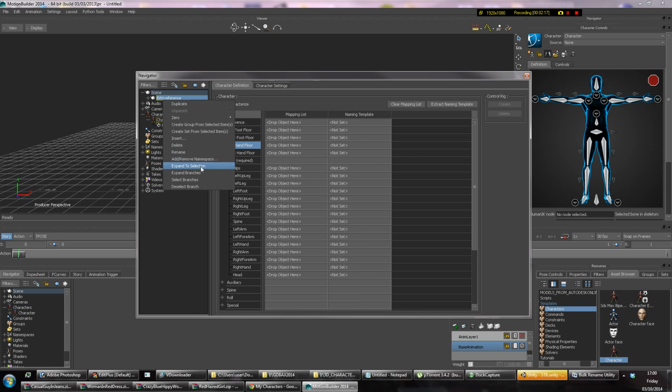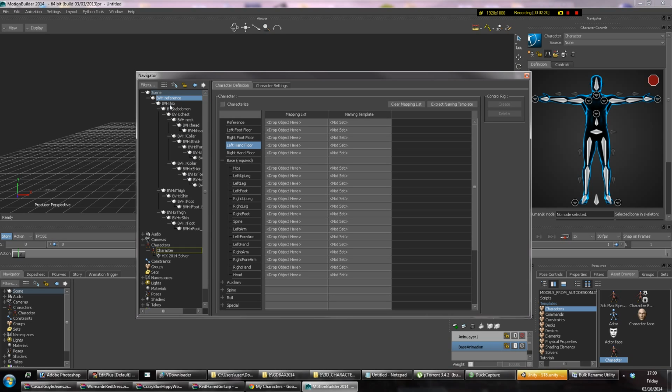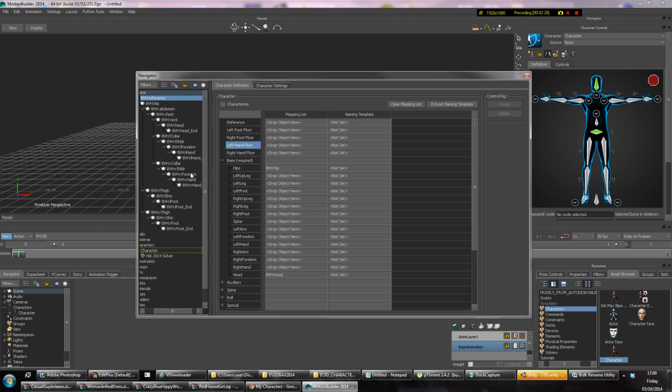So expand this and drag the relevant ones in. Hip, head, abdomen, left thigh, left shin, left foot, right thigh, right shin, right foot, left arm, I'm going to use shoulder, forearm, hand, right arm,